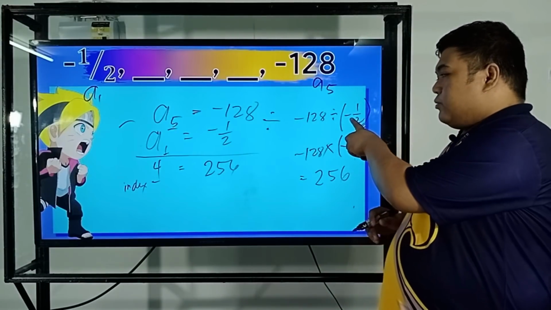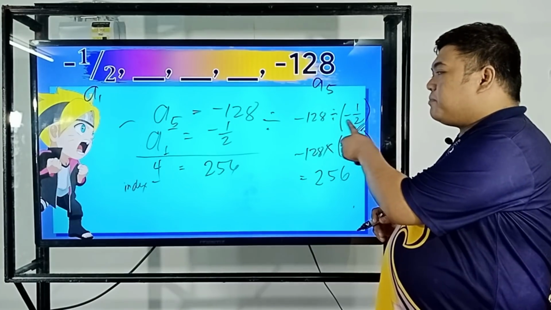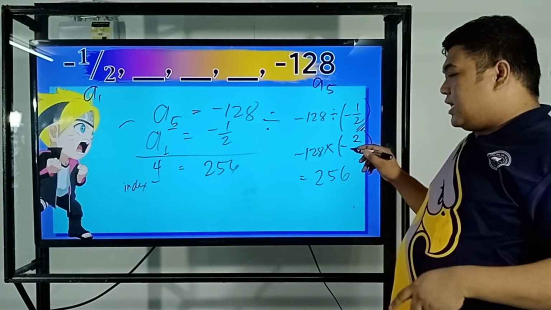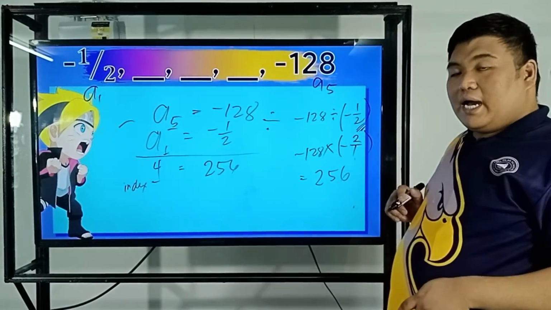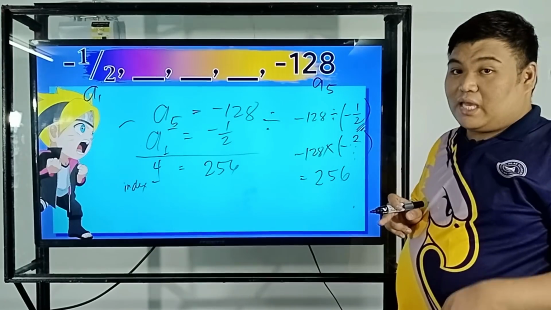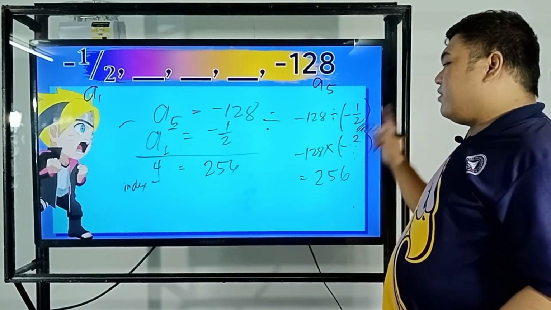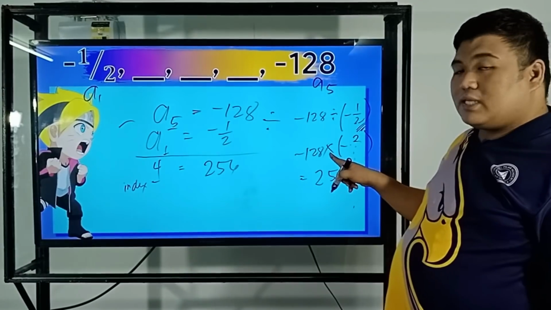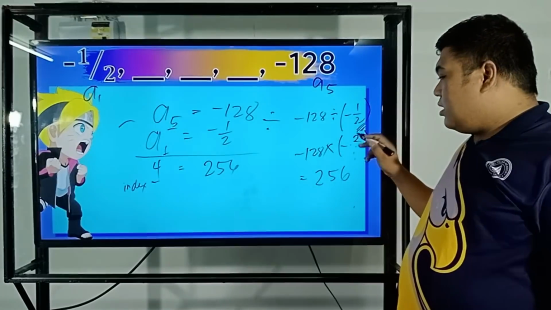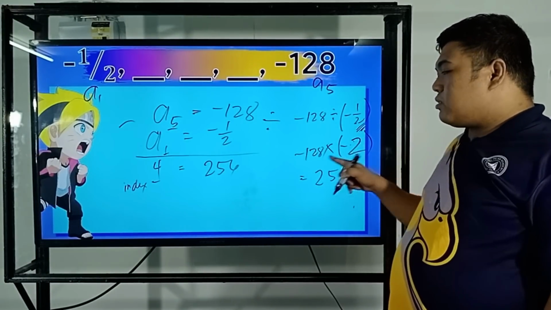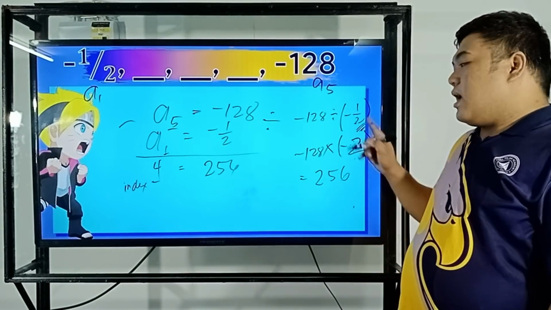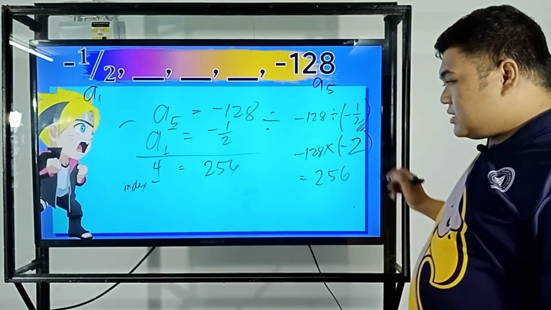Again, we have negative 128 divided by negative 1/2. Unang ginawa, get the reciprocal of negative 1/2. Kaya naging negative 2/1. Then, since ito ay 1 na nga lang, okay na yan. Kahit wala na si 1, kasi any number divided by 1 is the number itself. Then, after getting the reciprocal, proceed na sa multiplication. So, negative 128 times negative 2. Since both are negative, parehas ang sign sa multiplication. Kapag parehas ang sign, the answer will be positive. Kaya naging positive 256, and that is our